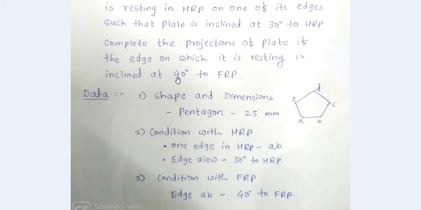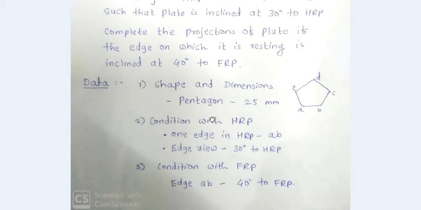And that angle is given between FRP and that edge on which it is resting. And already we have specified that the edge which will be resting in HRP is AB. So the third condition is edge AB and FRP are having angle 40 degrees with them. The only thing you have to concentrate is